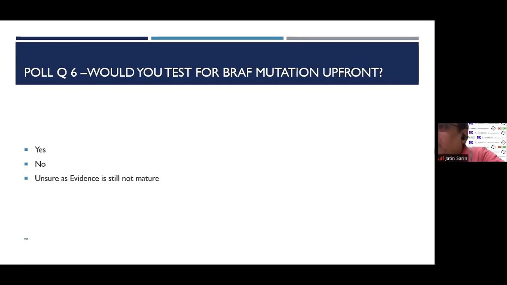So if those things are fine, would you go for upfront testing right at day one of diagnosis of lung cancer before starting any treatment? Yes. I think, if the logistics allow, most of us will do it. Logically, yes, the panelists? Yes. So I think there is a scientific rationale for testing lung cancer.